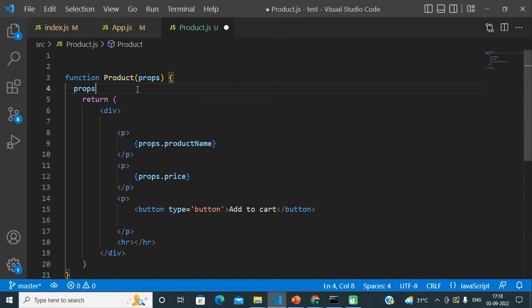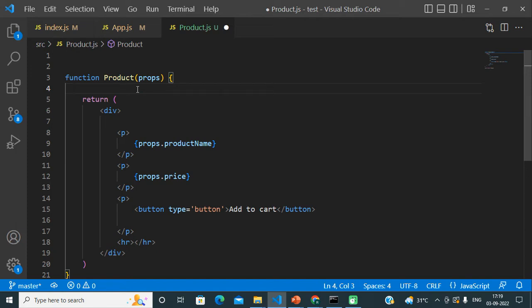So the concept is that we cannot update or change props inside the component. Props are coming from outside, so the receiving component to which the props are being sent cannot change that value directly. That is the reason we have to use state. State is the same concept. State is also used to store data. A component can use the state data similar to props data.